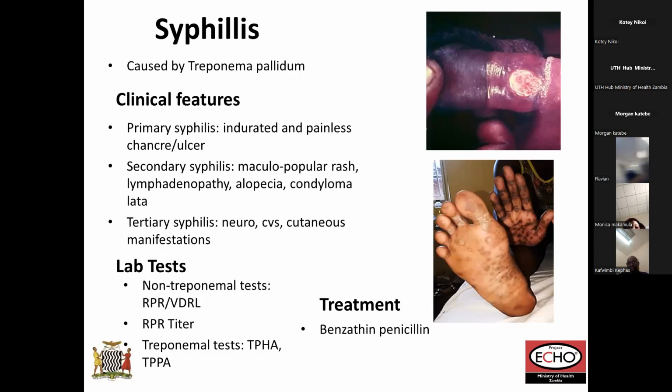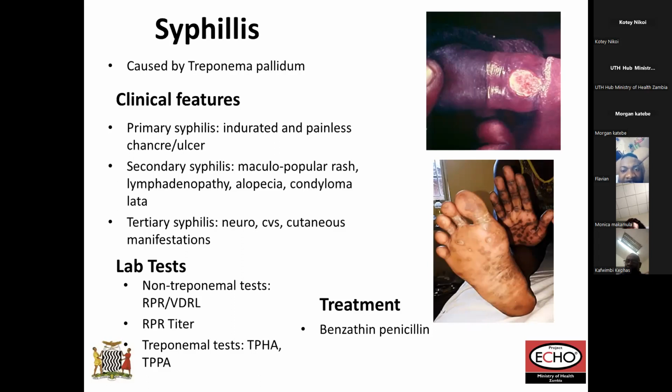Tertiary syphilis. One may recover from secondary syphilis without treatment, and then go into the latency phase. So they will be in latency, and later on, after even 20, 30 years, shorter or longer, they may present with tertiary syphilis, which may present as neurosyphilis with different neurological manifestations, cardiovascular syphilis, which can present as an aortitis or other cardiovascular manifestations, and also cutaneous manifestations with a certain type of granulomatous formation on the skin and also in the bones, known as gummas.